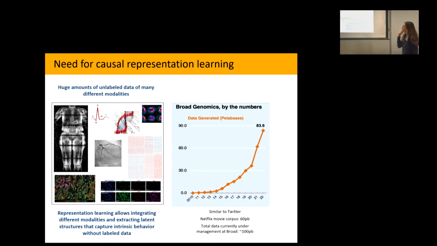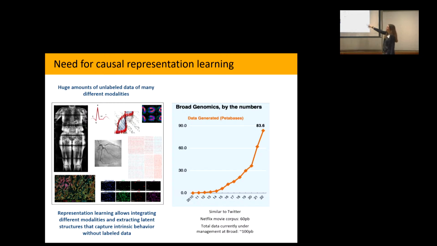But before I get there, just to tell you about the types of and how large these data sets are becoming in biology, and why I think it's so exciting to be working in this field, this is just for one particular platform or one lab at the Broad. This is the genomics platform at the Broad. How much data was produced, say here, we have the data until 2022 right now. So this is 80 petabytes of sequencing data. So this is not even looking at imaging, right? Images generally are much larger in size. So just sequencing data, last year, how much new data was produced is 80 petabytes of data.